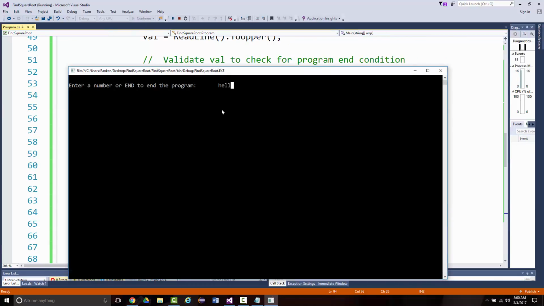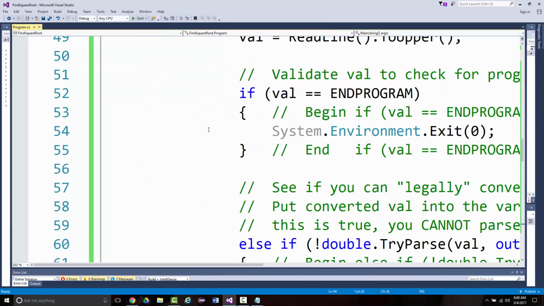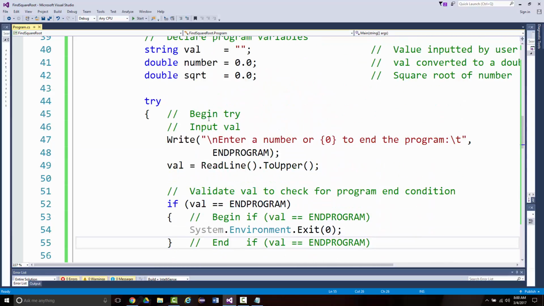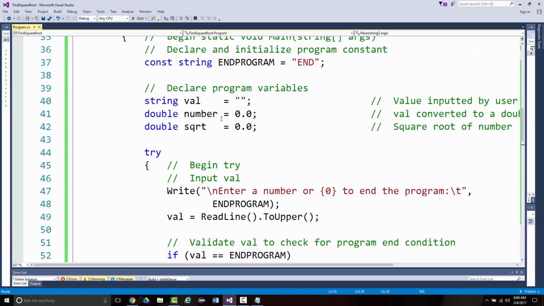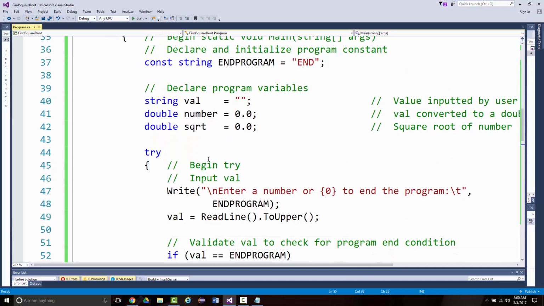All right, hello. It's not a double. Why is that? I guess it's because we've only set it to run once. So we could come in here. I didn't do this before. This says try, so